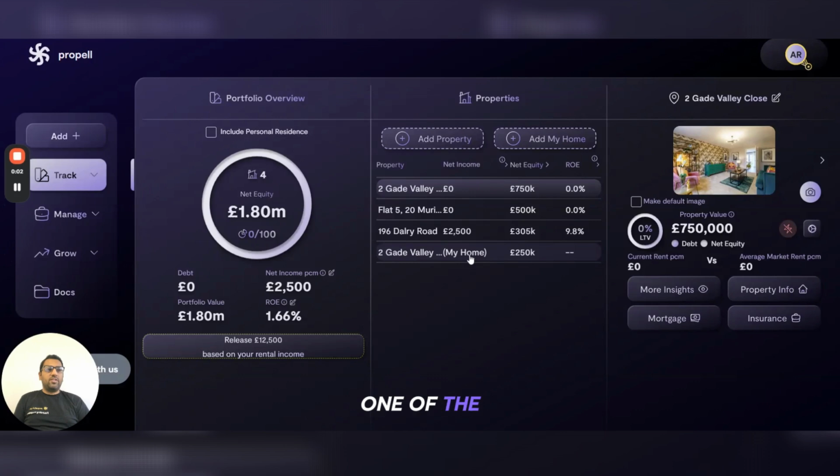Hi everyone, it's Adam here, one of the co-founders of Propell, and today I wanted to introduce our new feature, Rent Schedule. A lot of users have requested this feature because they wanted to be able to track their